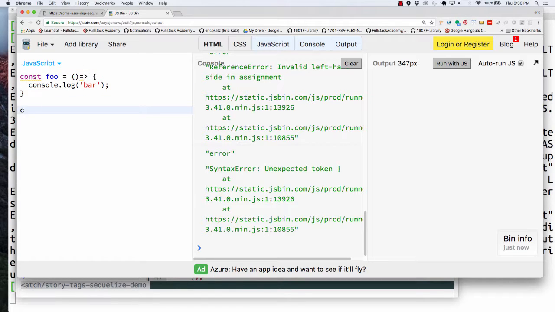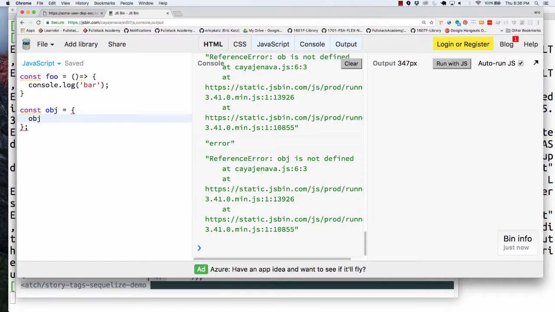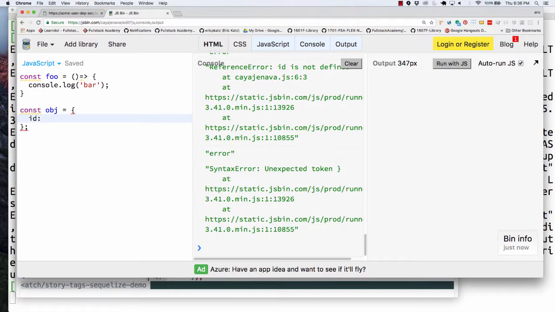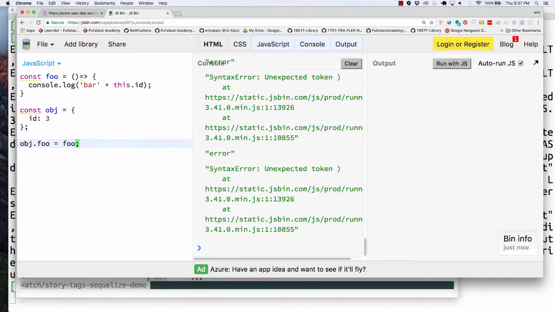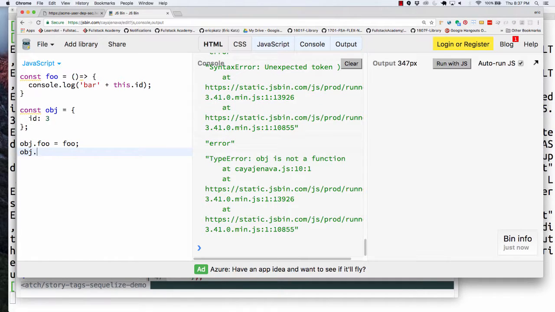If I create some object with an ID of 3, and say object foo is equal to foo, and not only am I going to log bar here, but I'm also going to add to it this ID,